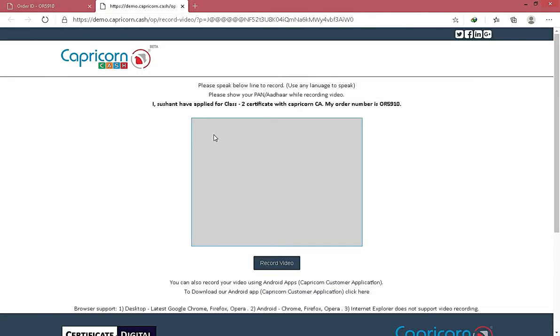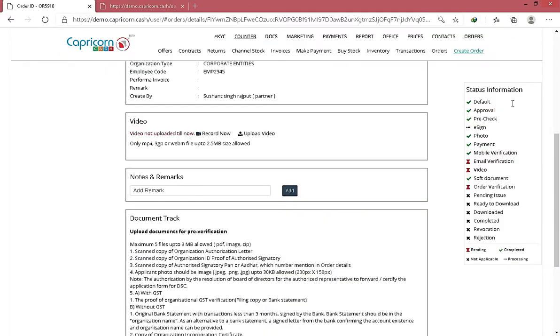Here, the applicant would receive an email in which a link would be provided for generating his video. After clicking on record, he has to speak the dialogues mentioned in bold letters above. Once all the above part is completed, the DSC would be ready to be authorized and can be downloaded or can be used as an e-sign via the eKYC account created.